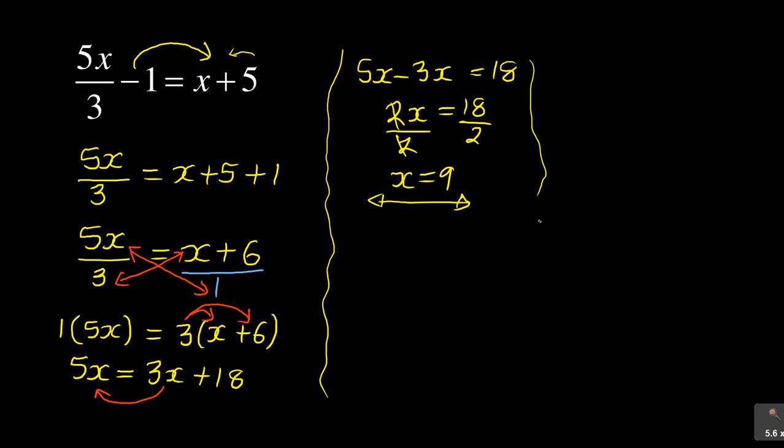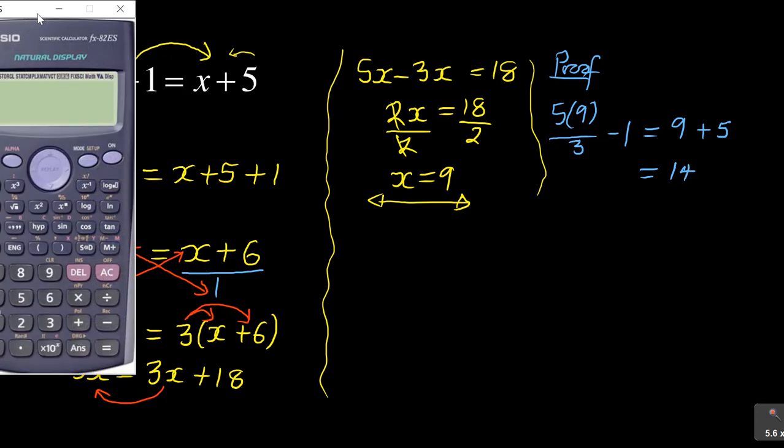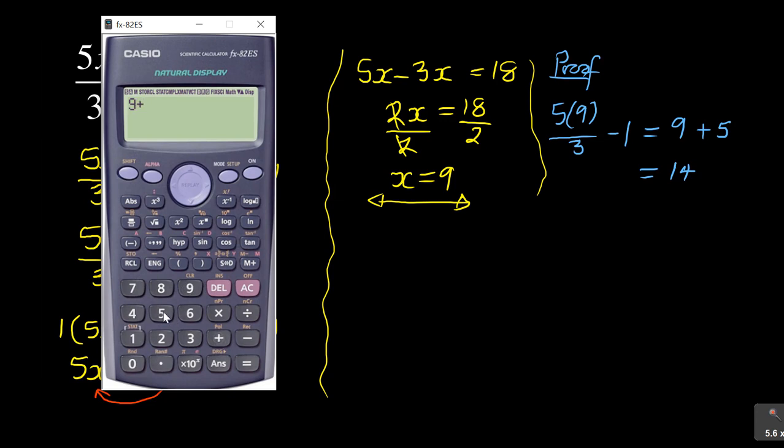And how do we prove that? So if I can quickly prove it. So proof, where there is x, I'm going to put a 9. So you've got 5 into 9 over 3 minus 1. It is equal to 9, where there is my x, plus 5. So now 9 plus 5 is 14 on this side. Just to check again, 9 plus 5, 9 plus 5, it is 14. Now let us do the other side, which is